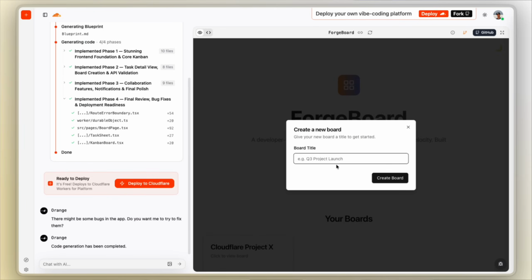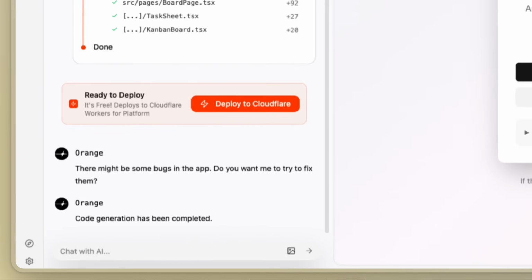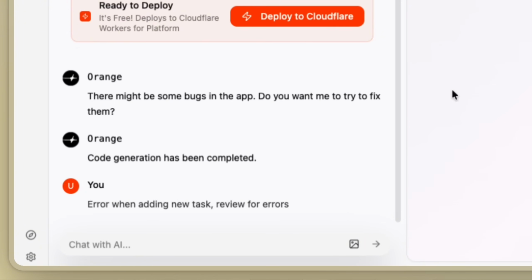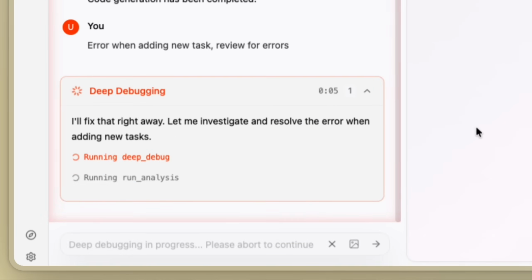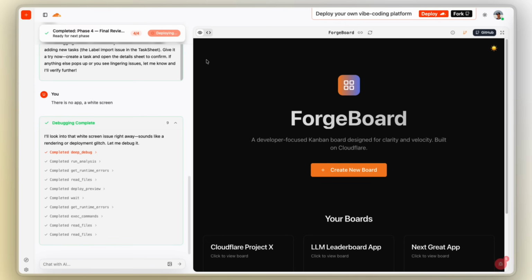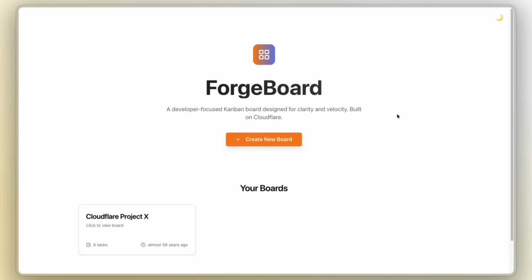All of this is done in under a minute, and we get a live preview. Now, if there are any issues with the application, that's okay, because I can chat directly back with Cloudflare to fix those. Watch this. Here, I just had an issue. It wasn't spawning the app. I couldn't add new tasks. I tell Cloudflare what's the problem. It runs through a debugging scenario in depth to find the real problem. Once the app is spun up, I can hit deploy, and now I've got a real app on a real